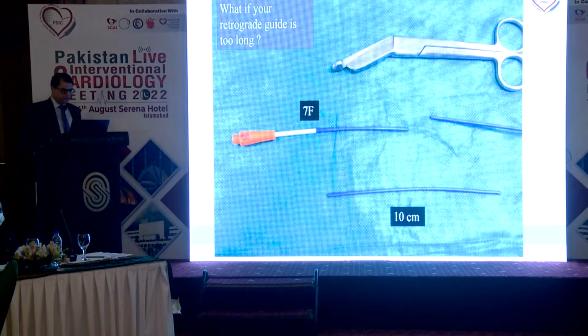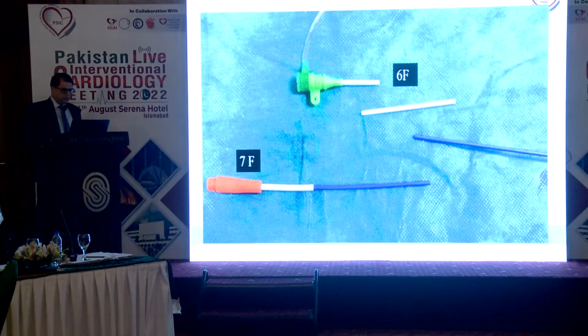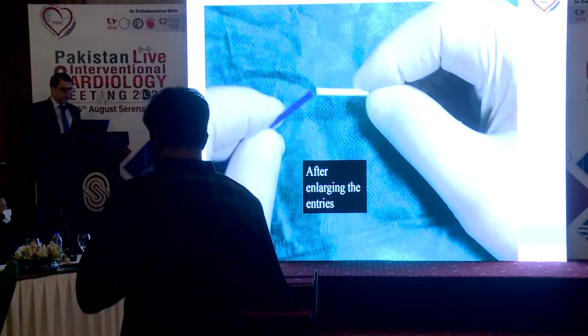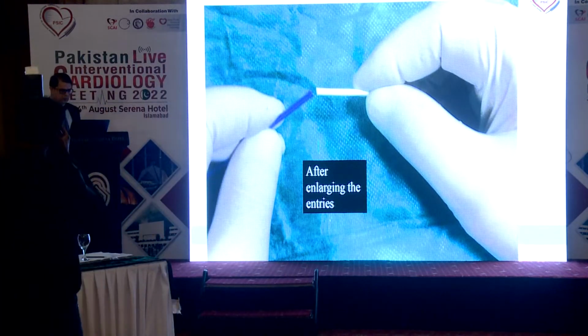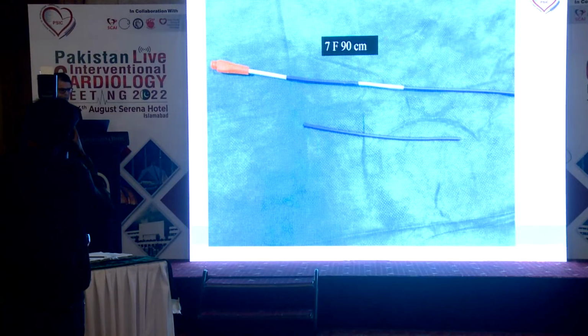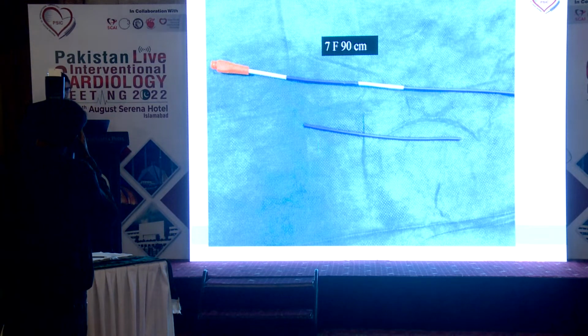You take a 100 centimeter guide cath and cut out a 10 centimeter portion from it. Take a 6 French sheath and cut a little portion from that, and dilate the ends of this sheath with a 7 French dilator. Then you can connect the two ends of the guiding catheter with this portion of the sheath in place. This will give you a short guide catheter, which can be very important at times, and you can end up in failure if you don't do this, especially if you are using epicardial collaterals